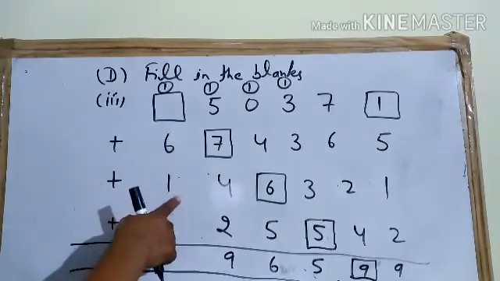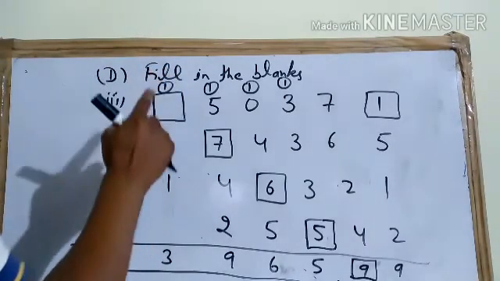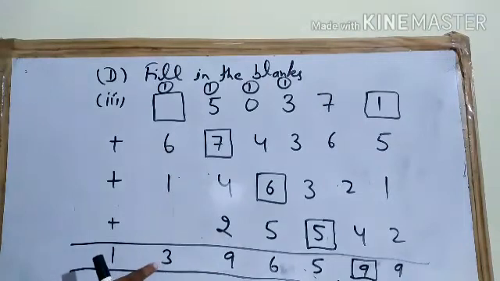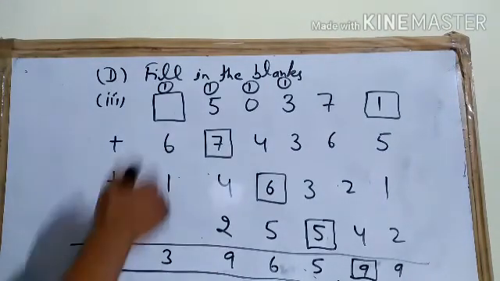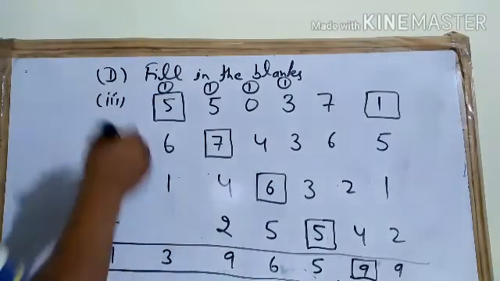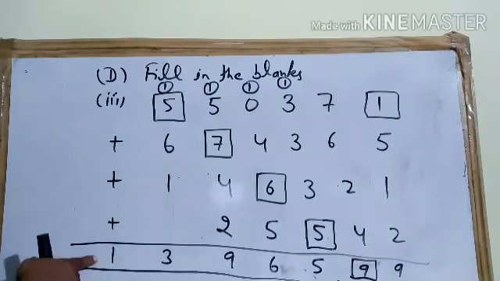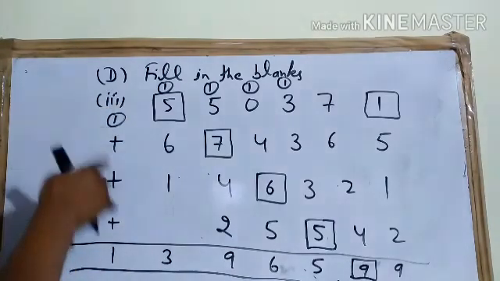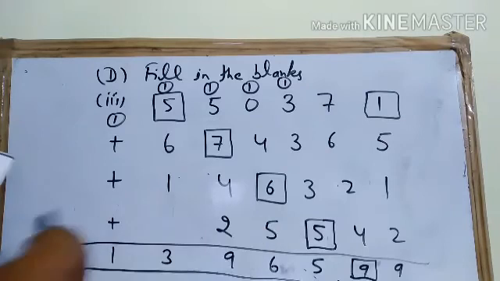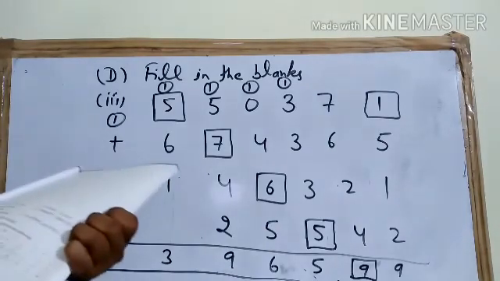6 and 1 7, 7 and 1 8, but you want here 3. For that you need here 5 so that it will become 13, and you get 1 carry, and you can see that is the carry. You can get 1 carry here, and now it is matching. So this was the method of doing these fill-ups. You can do remaining parts.